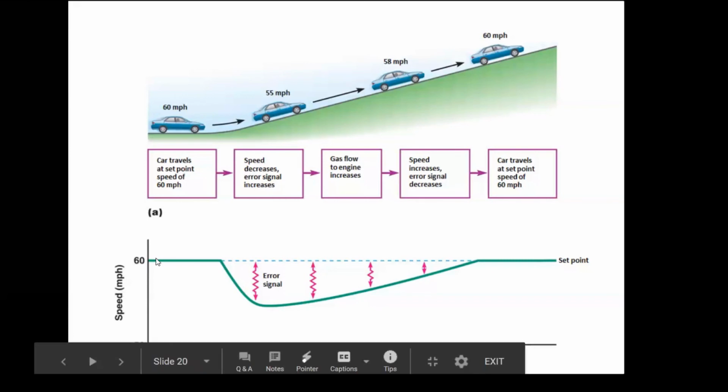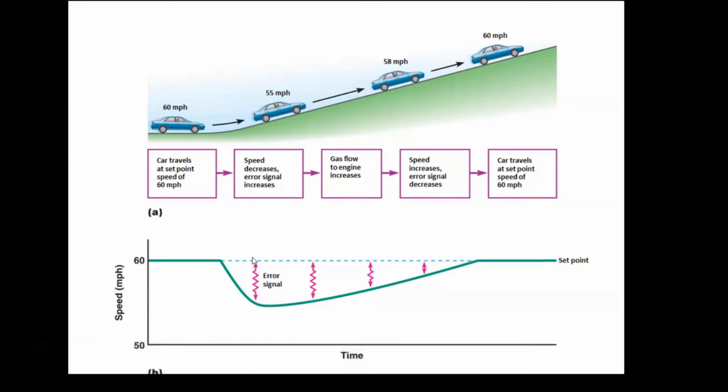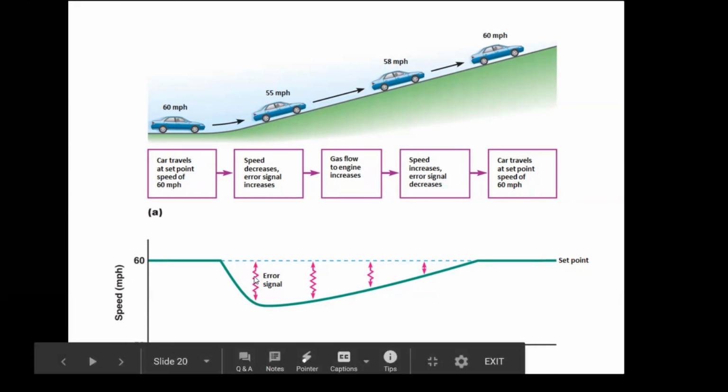What your body is able to tell is going to be your internal temperature, which is going to drop a little bit if we're talking about temperature regulation. So your body is going to note this, and it's going to sense a discrepancy between where it wants our set variable to be and where it actually is. So we call this our error signal, is your body sensing that this regulated variable has moved away from its set point.